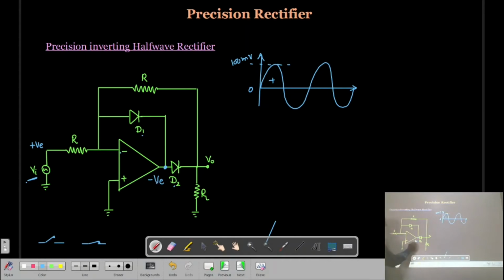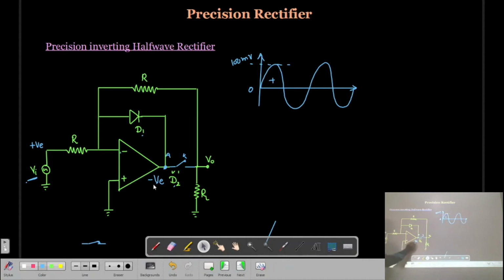Now this negative voltage is given to the diode D2. Now you can see the polarity. This one is the anode and this one is the cathode. The negative voltage is appearing on the anode of this, so this diode will be in reverse bias. So what will happen? Here it will work as an open circuit. So if you see, here this will be an open circuit. There will not be any flow of current.